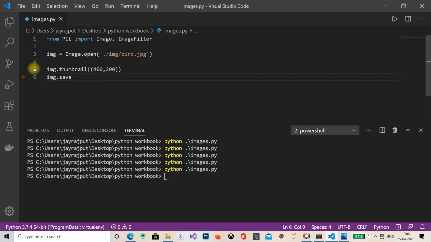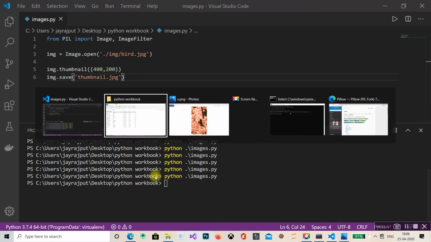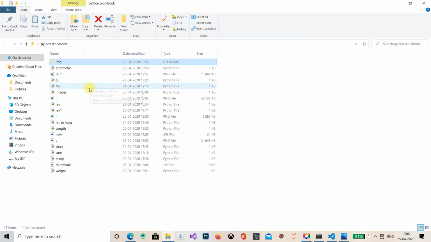So image dot save, and I will name it thumbnail dot jpg. Now Control S once again, and I hope it prints. And where is the image? Yeah, here is the thumbnail image.